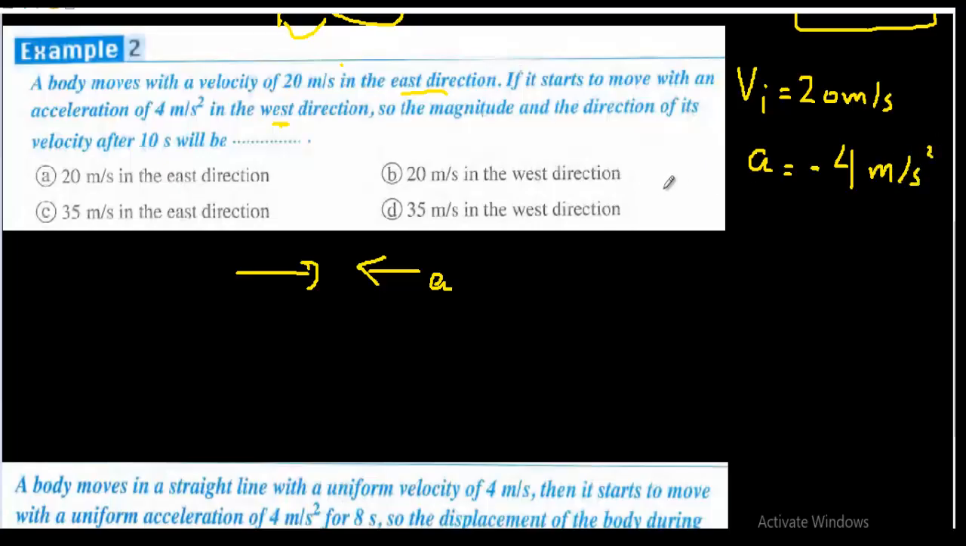Okay, this is a tricky question. You have to concentrate while solving the problems. This is a negative sign. When the body moves in a direction and the acceleration is in the opposite direction, the acceleration will have a negative sign. So the magnitude and direction of the velocity after 10 seconds, the time is 10 seconds, will be, okay,